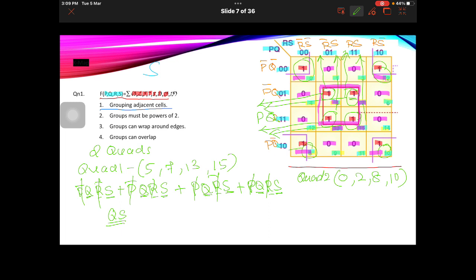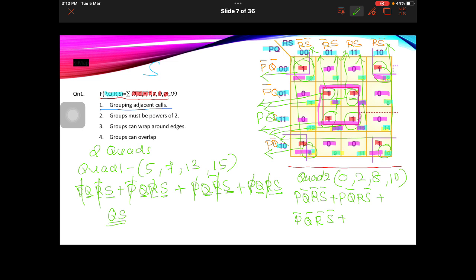So the variables corresponding to this one is P, Q bar and R bar, S bar, plus the variable corresponding to this one is P, Q bar, R, S bar, plus the variable corresponding to this one is P bar, Q bar and R bar, S bar, plus